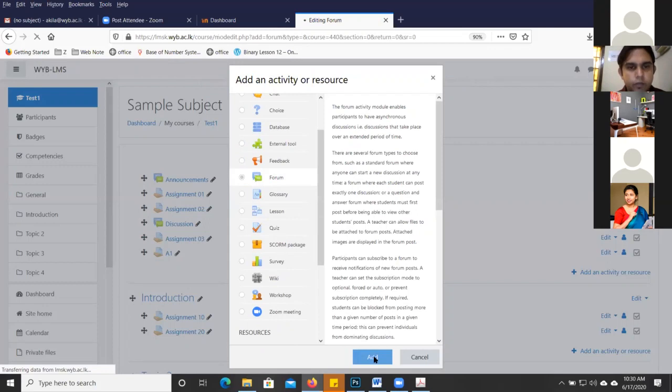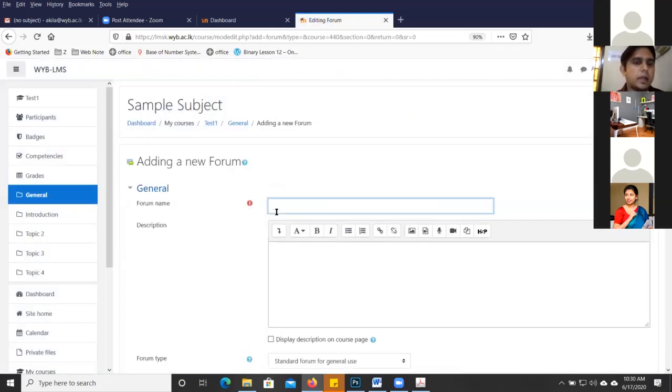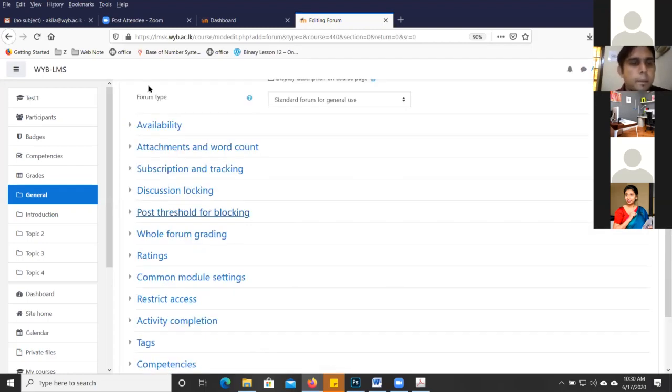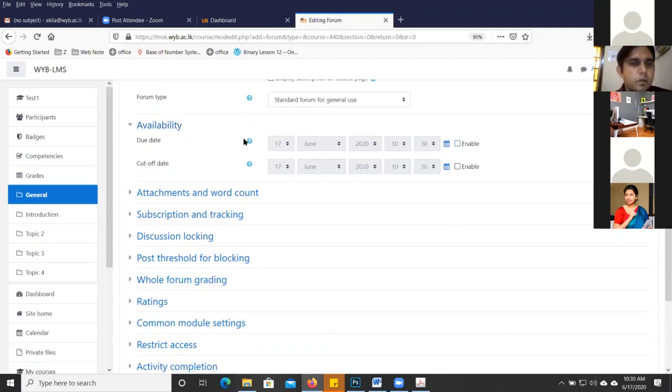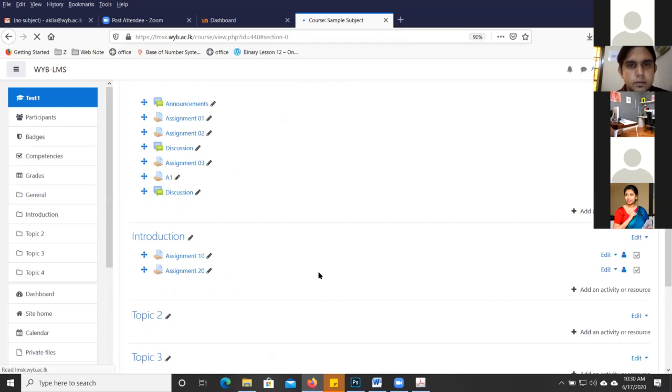You can add a name here, and you can add some description to that. Availability: from which date it should be available, and you can save it.